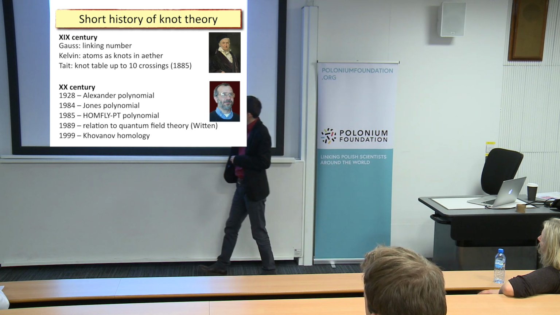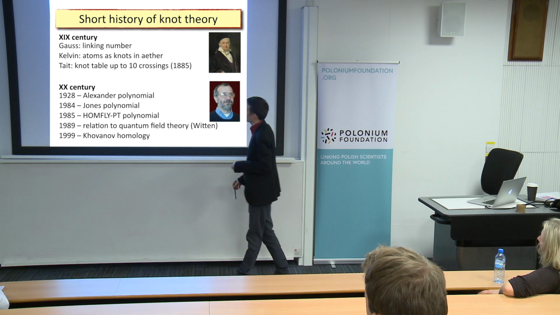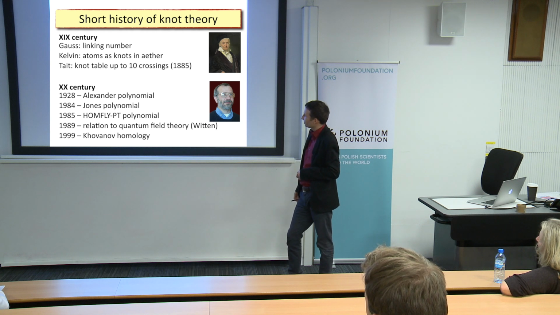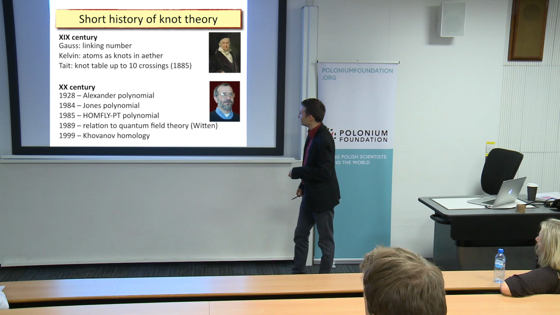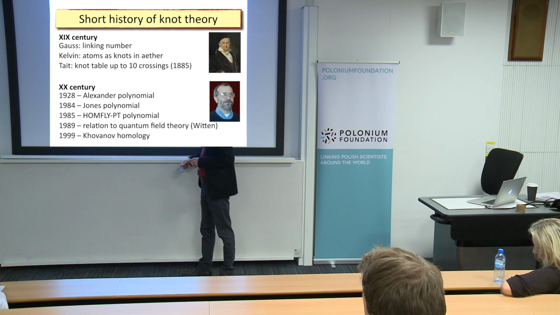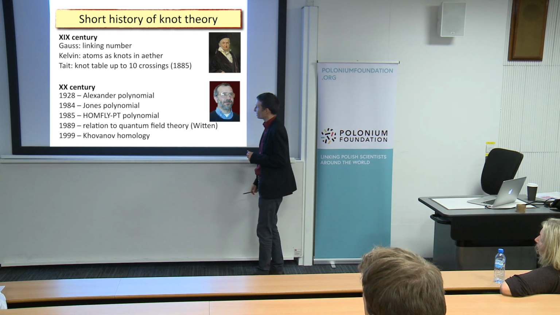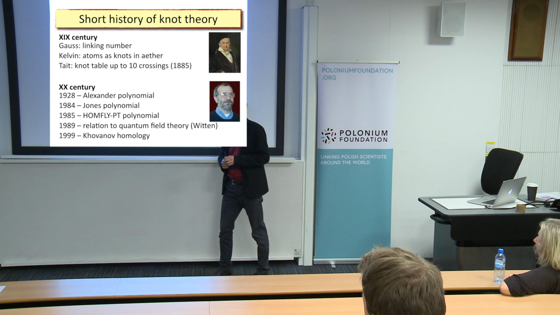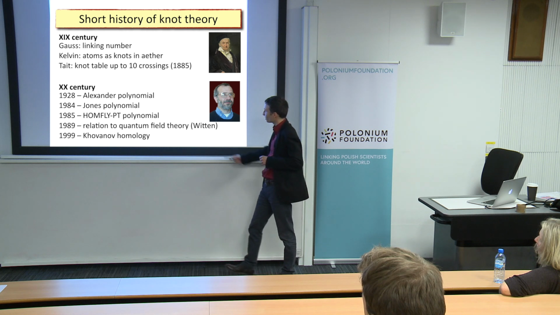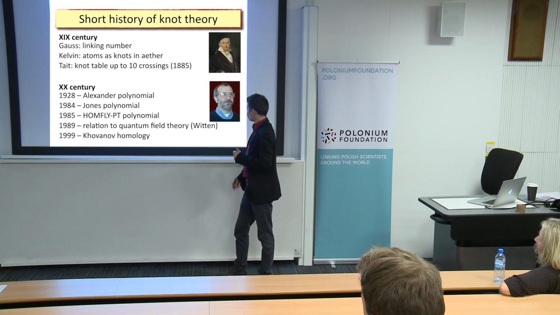In 1984, so it was much later, almost 60 years later, Jones found that Jones polynomial that I mentioned. So you see that this is quite a recent discovery, like 30-something years ago. And soon after, another version, a more complicated polynomial, but somehow related to this Jones, was found, which is called HOMFLY-PT, where HOMFLY and PT stand for initials of mathematicians who found that. In particular, P stands for Przytycki and T for Traczyk. They are two Polish mathematicians, and this is Józef Przytycki who found that. So this is also quite an important discovery.